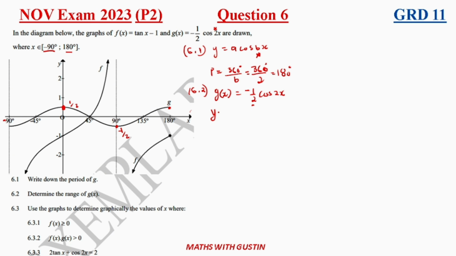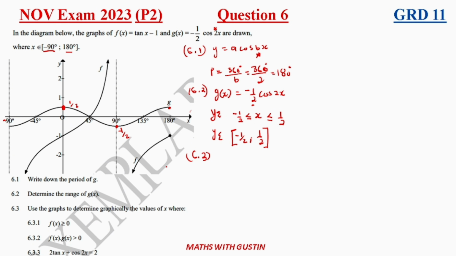So we can state that y is an element of, it's anything that is greater than or equal to negative half, or less than or equal to half. Or you can also write it like this. You can say y is an element of, start with the smaller number, and the square bracket means that it's included, to positive half. Either of the two is correct, guys. You can write either of them. Just use the one that you are comfortable with, or the one that you understand. All right,